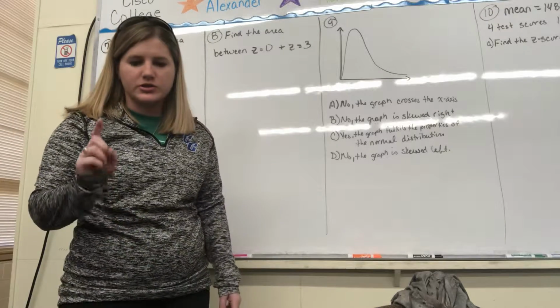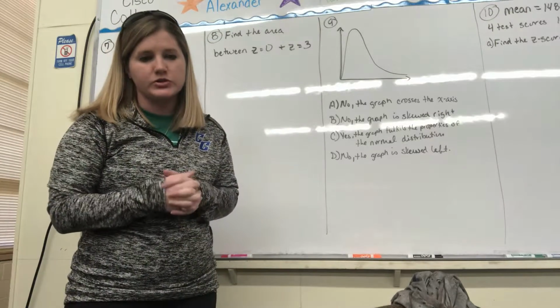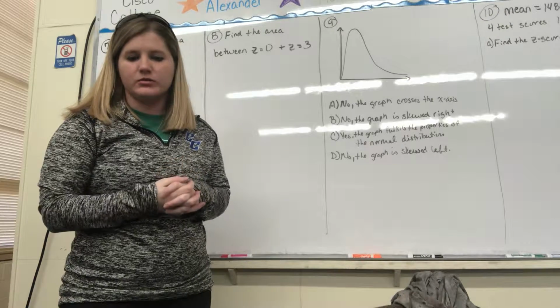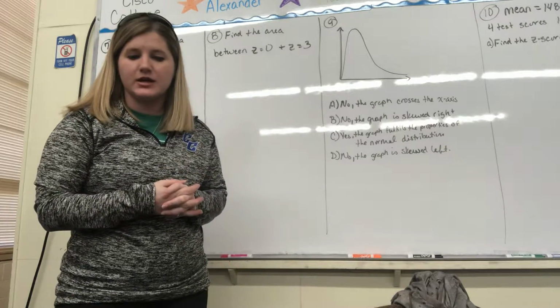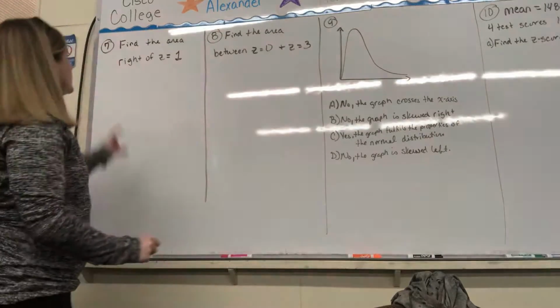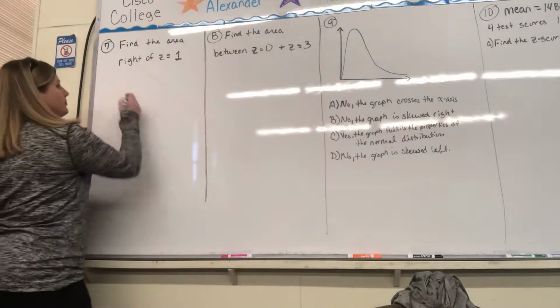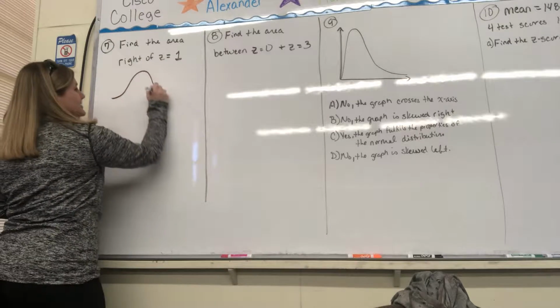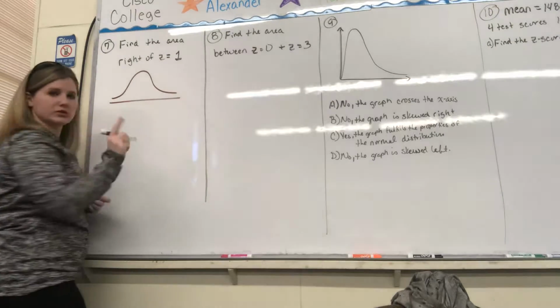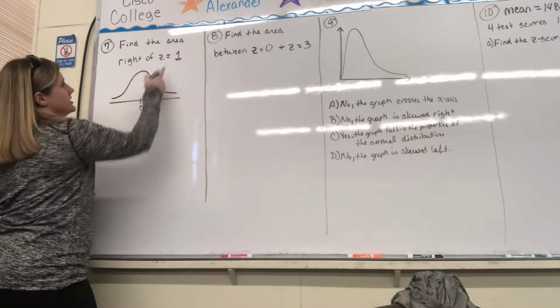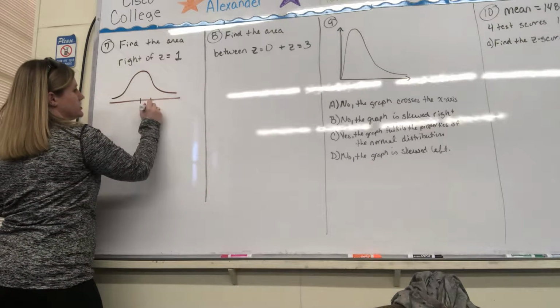Okay, here we go, starting on page 2, number 7. Find the area under the standard normal curve to the right of z equals 1. So again, start off by drawing your bell curve. What does this look like to help you figure out what our lower and upper bounds are? So we know 0 is in the middle, z equals 1, that's somewhere to the right,